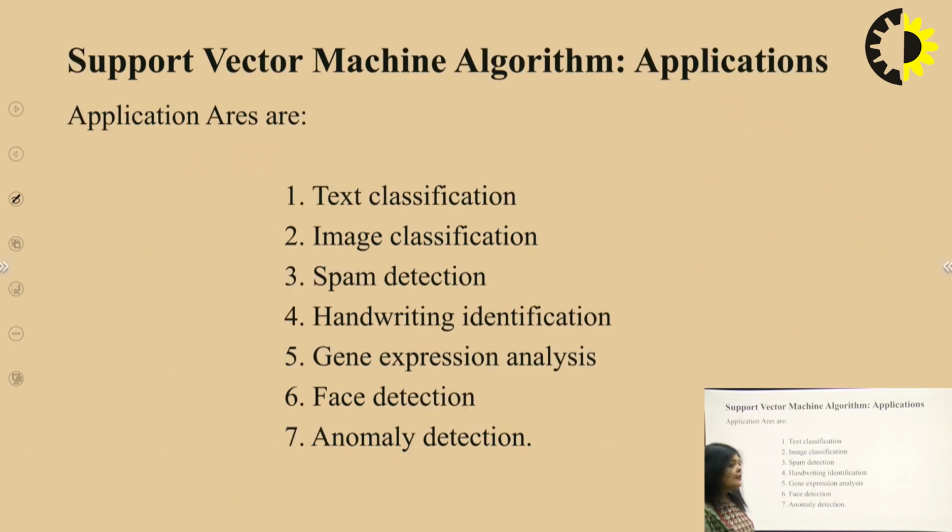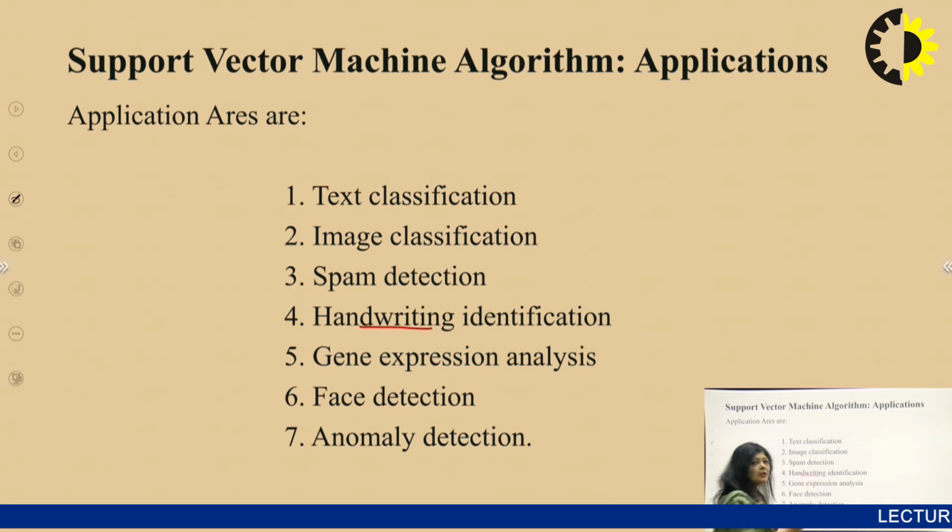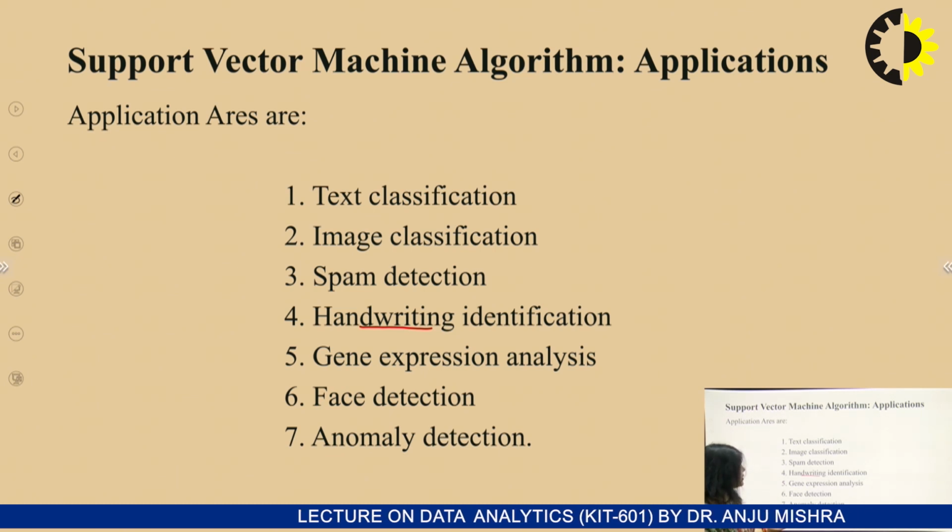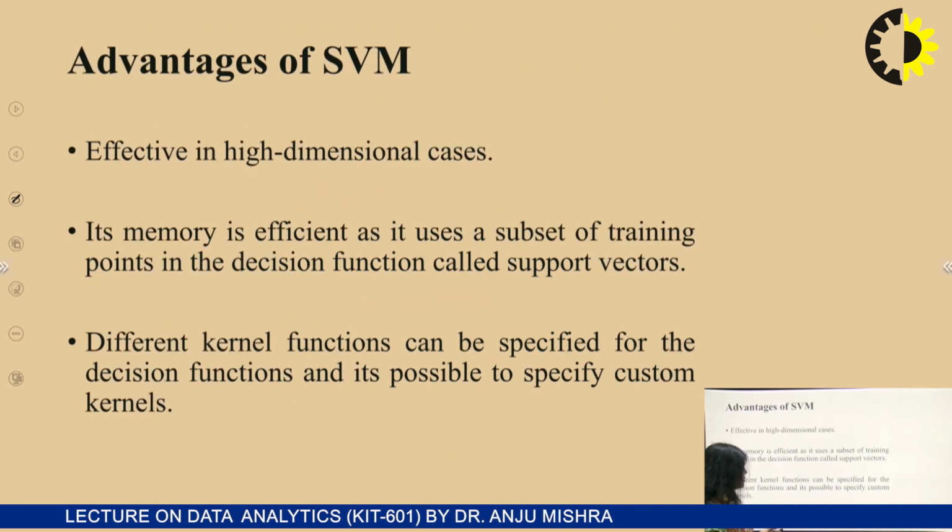So this we already have covered. Now we are going to see some of the application areas. Some of the application areas where we can use the support vector machine algorithm are text classification, image classification, spam detection, handwriting identification, and gene expression analysis. Face detection is another common application that uses the SVM algorithm, and